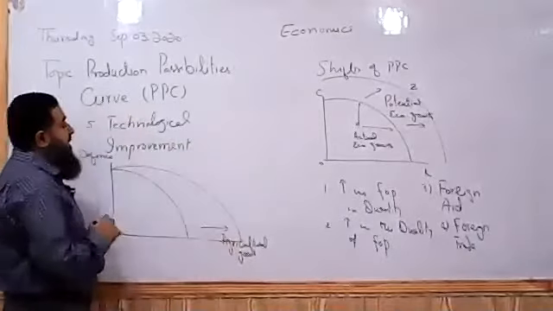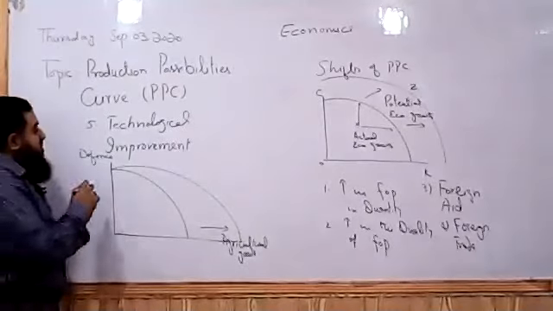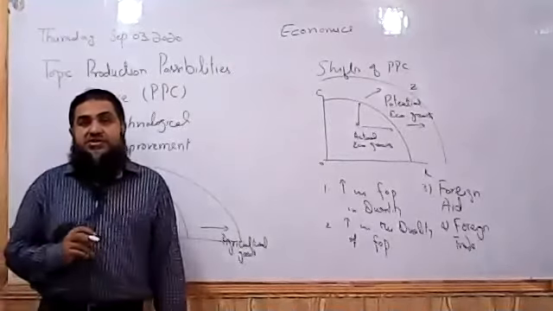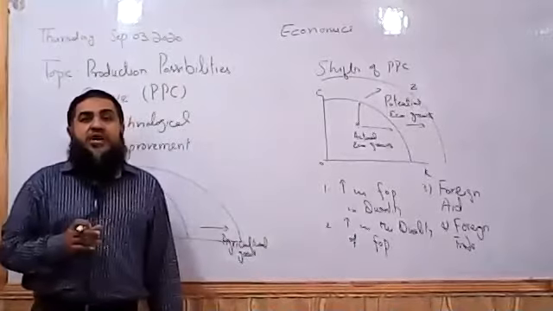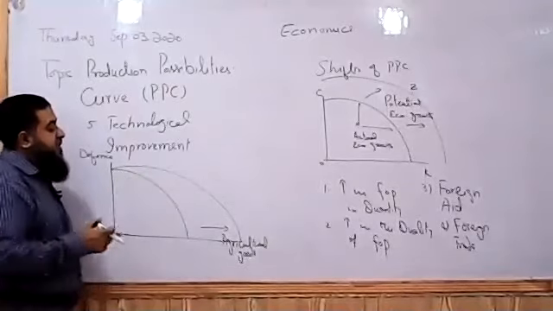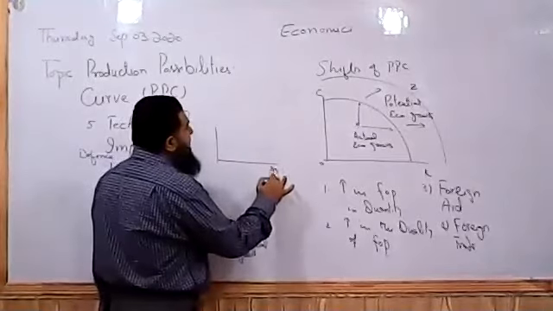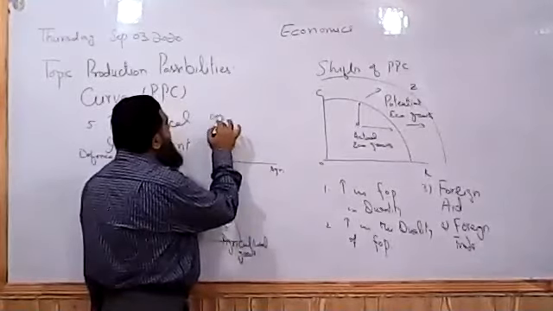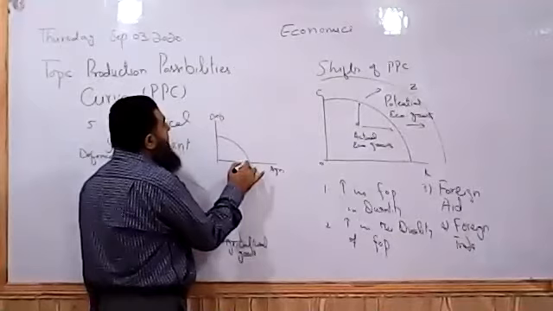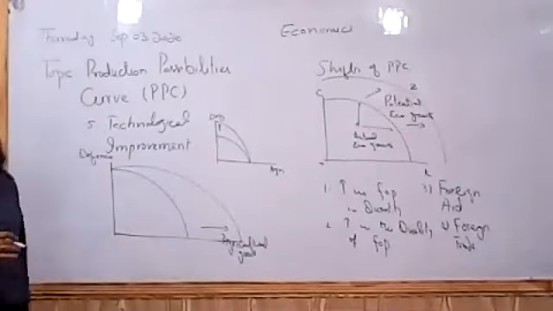Now PPC is showing us that the potential to produce more agricultural goods has increased, but the potential to produce more defense goods hasn't changed. So when technology is improved for the production of only agricultural goods, then it will have a pivotal rightward shift from the horizontal axis. And if we say, here I am taking again agriculture and here I am taking defense, if technology is improved to produce more weapons, defense items, then we have a pivotal outward shift from the vertical side.